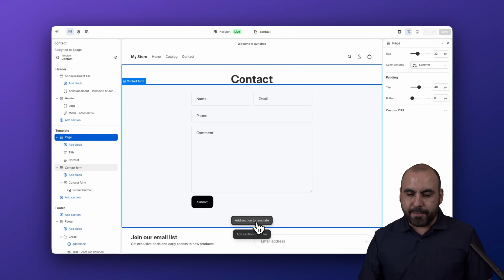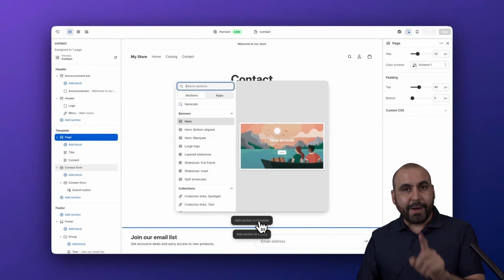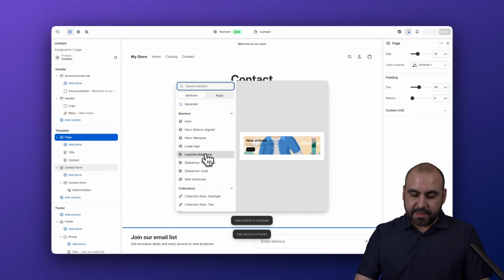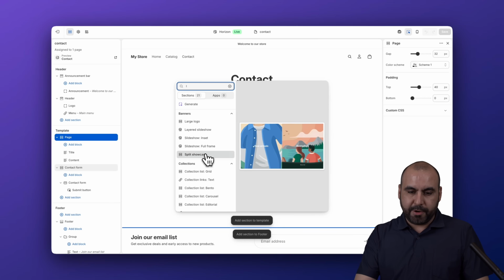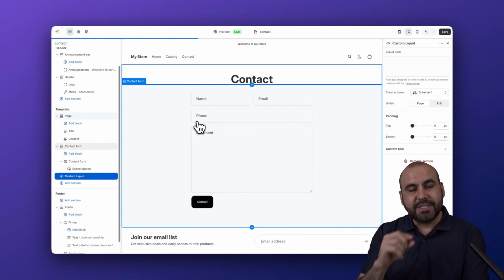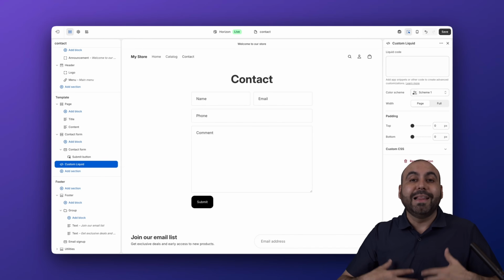So let's go ahead and add a brand new section to the template. I can do so by clicking here or add a section over here on the left. Now, what I'm going to search for is the custom liquid. So let me go ahead and type in liquid here. And here it is, custom liquid. I'm going to select this and it's going to add a section that's invisible that will allow me to add